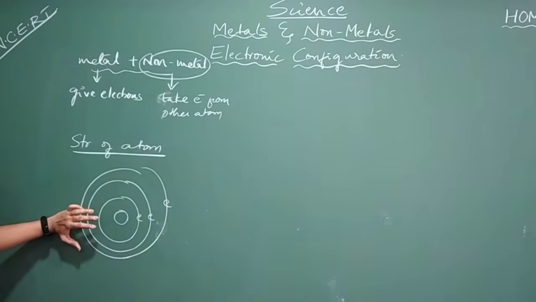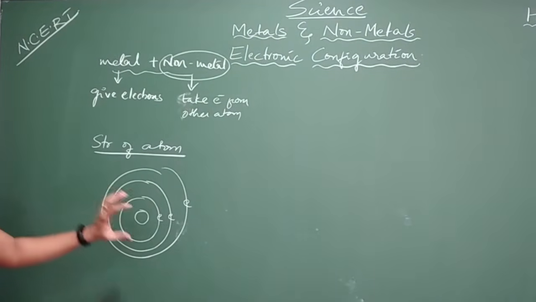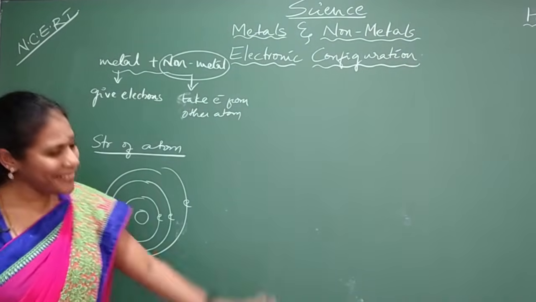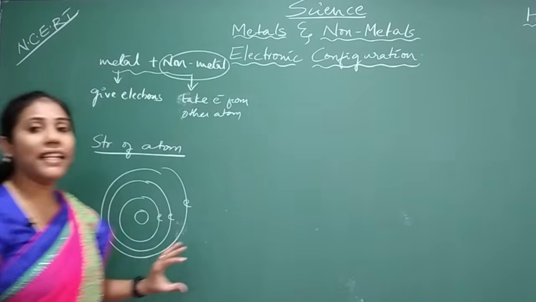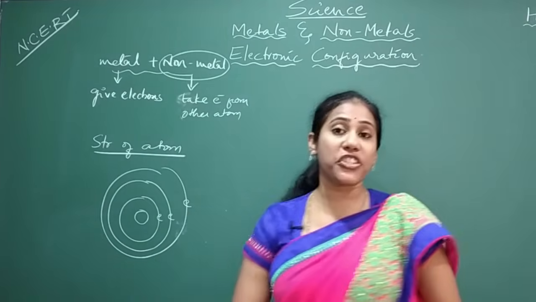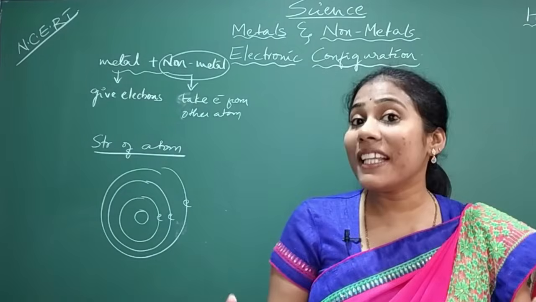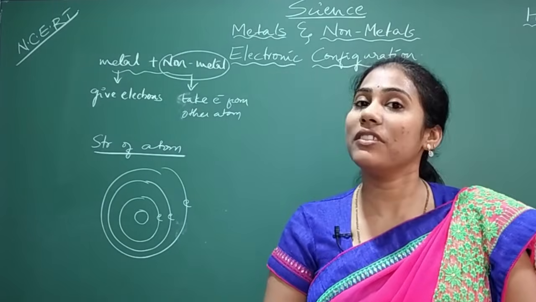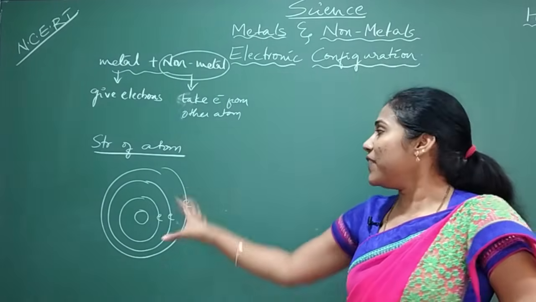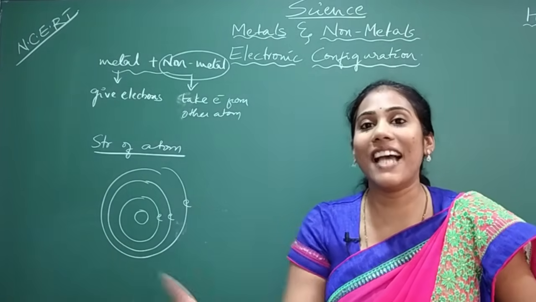See, just now you have seen how electrons revolve around the atom, right? And there is a need to know the location of the electron. That means which electron is present in which shell, which electron is present in which orbital. This is important to know. So the address of an electron, I can call this in a simple word as address.